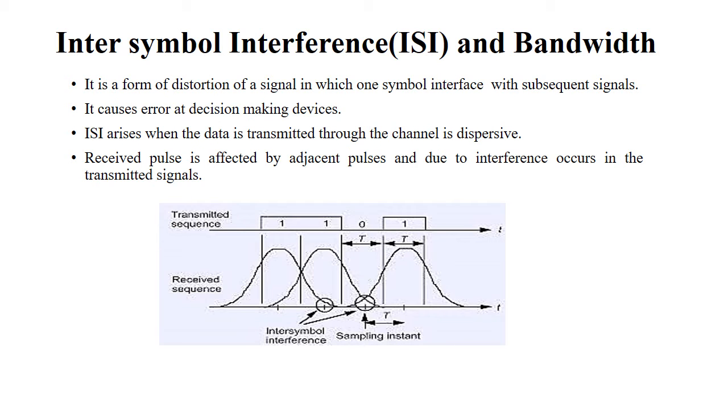Next one is intersymbol interference and its bandwidth. Optical communication can be either in analog or in digital form of transmission of the optical signal. In the analog form, the intensity of the light is allowed to vary only continuously with respect to the information signal. Digital optical communication is achieved by transmitting coded signals, that is ones and zeros, in the form of optical pulses of finite duration, that is a bit period.